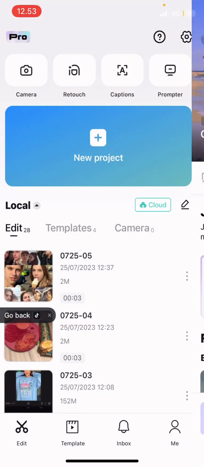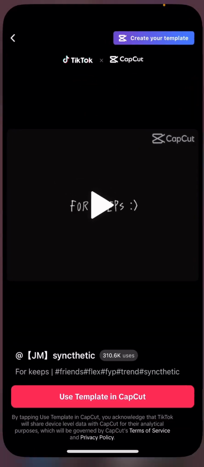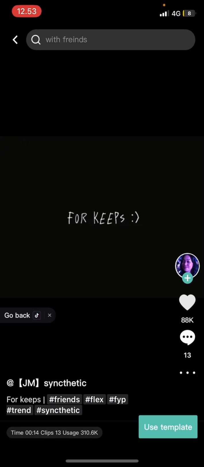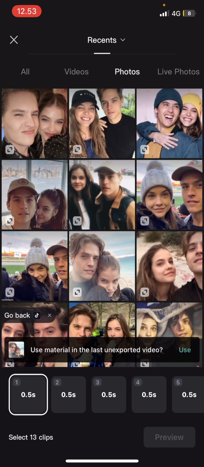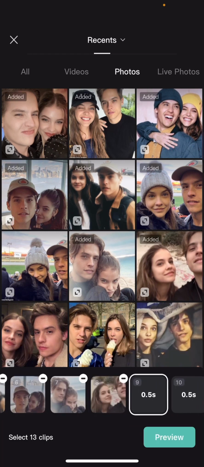Hold on, let me just try that again. Use template in CapCut, and it's going to open up the template. There you go. Then you're going to select use template, and then you're going to select videos or photos. It needs 13 clips for this one, so I'm just going to search and